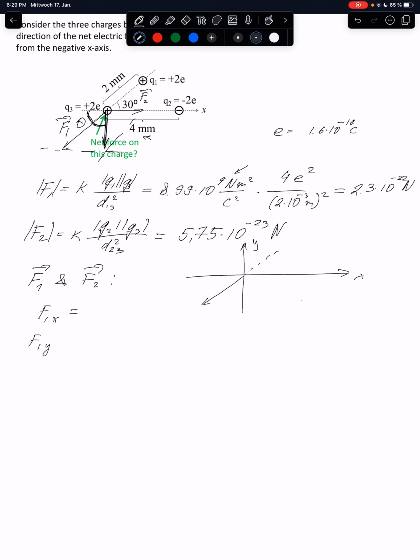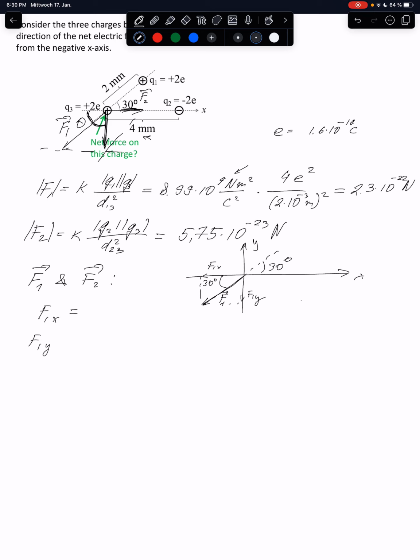I know that this angle from this graph is 30 degrees. It's written over here in the picture. That's why this angle is also 30 degrees. That's useful information. I know the absolute value of this vector F1, given by this side over here. I need to find the x component of this vector, F1x, and I need to find the y component of this vector,